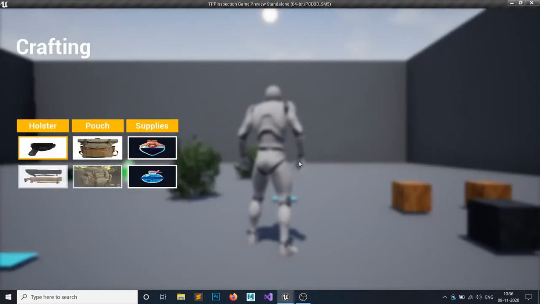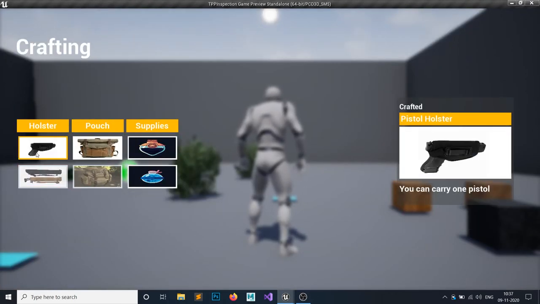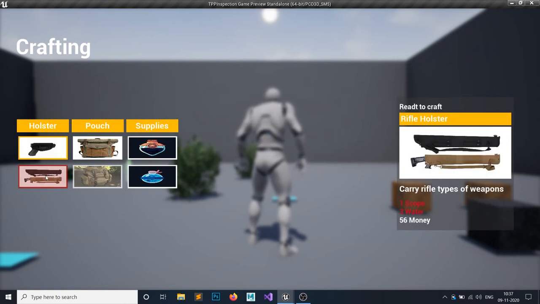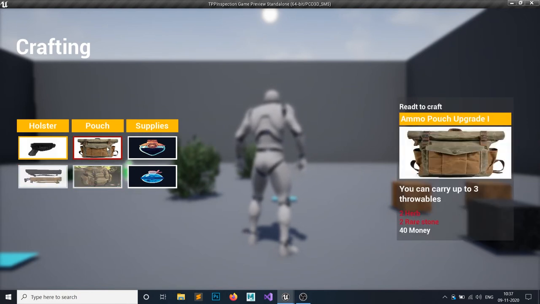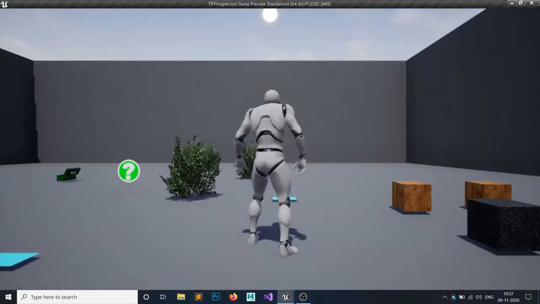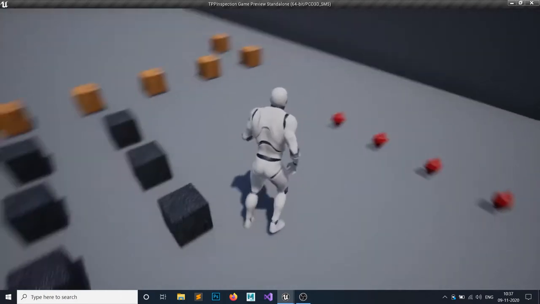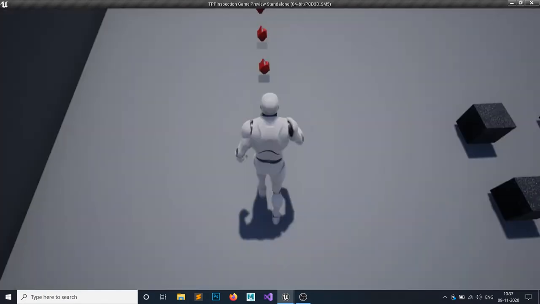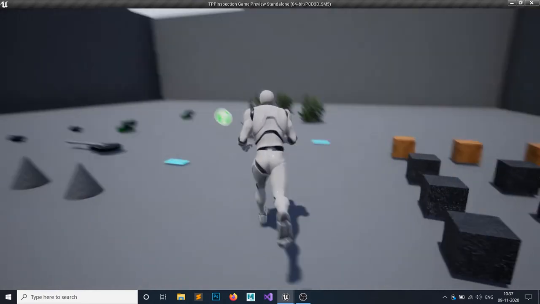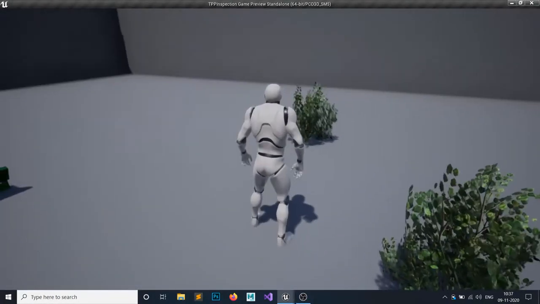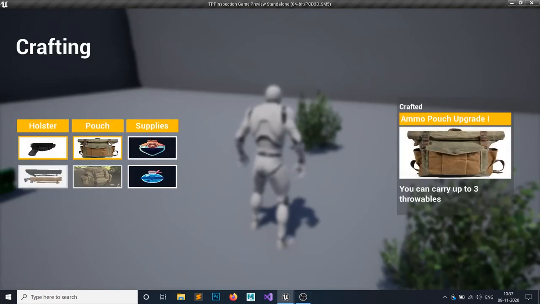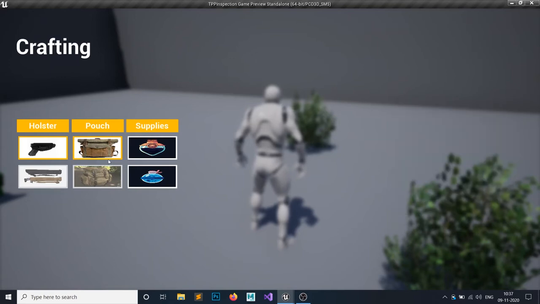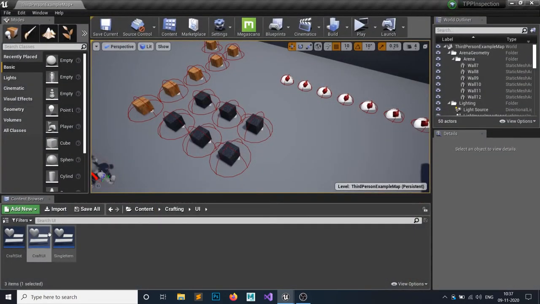As you can see, this should be in white because this is already crafted. Okay, we need 2 herbs and 2 redstones. Let's check it out for that. 2 redstones, 1, 2, and 2 herbs, 1, 2. So hit 3, hit compile. So it is crafted. So yeah, it is not working. Let's see where we messed up.